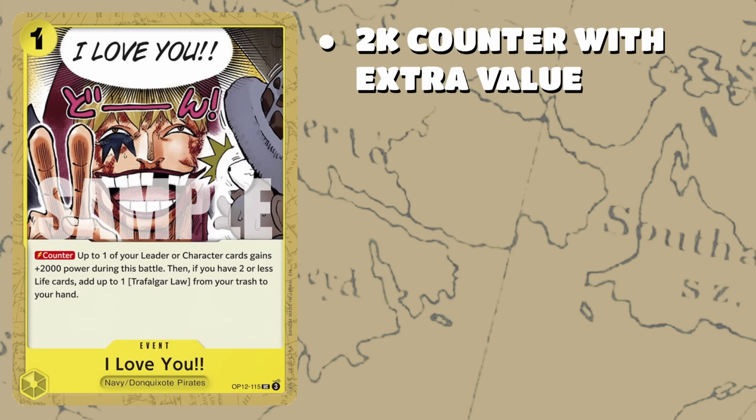This is a perfect example of counter that equals 2k per the cost that we want to play. But if you have 2 or less life cards, you also can add back a Trafalgar Law from your trash. I would probably already play this card unless I somehow pulled a butt ton of natural 2k counters already just to have more in the deck. But then if I have any number of laws in the set to buy back,